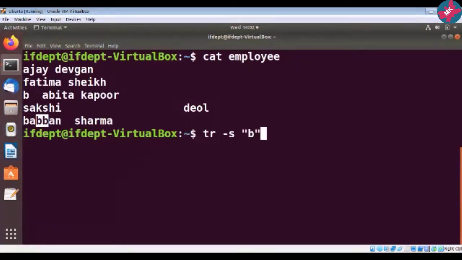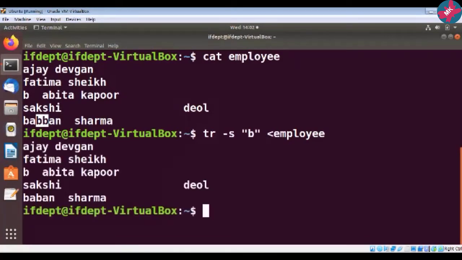Here I will put minus s B and again the less than symbol, employee. Now let us observe the output. So see here, these two B's are replaced by a single B. So this is the use of this s option.